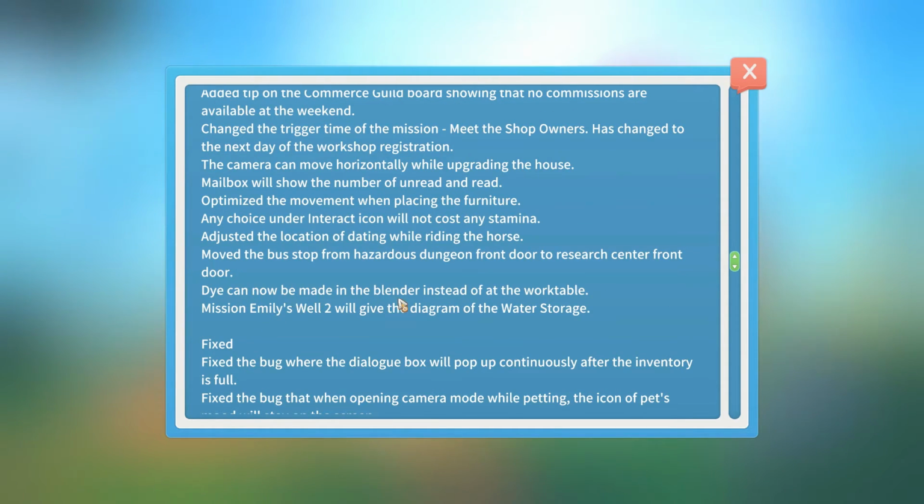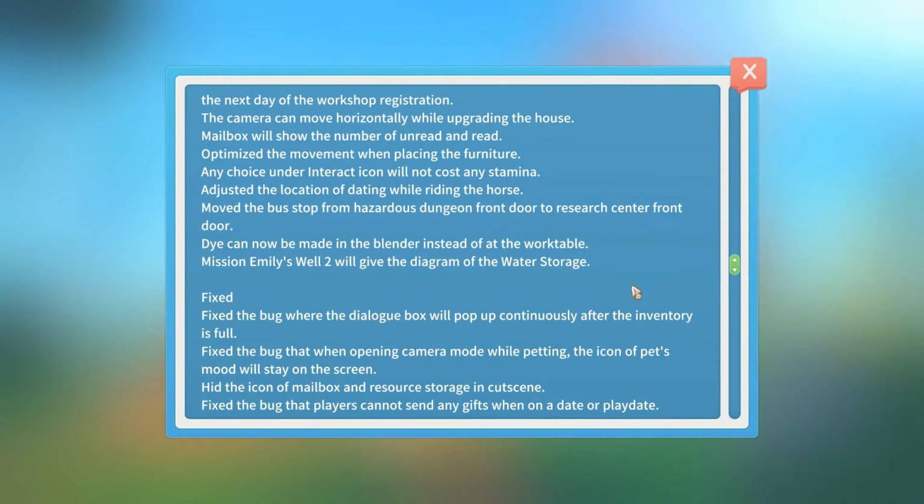Dye can now be made in the blender instead of at the work table. Mission Emily's Well 2 will give the diagram of the water storage, which I'm not really sure why they did that because I actually already got the plans for the water storage before I did Emily's Well 2 quest, so yeah, never mind. Right, I'm not going to go through all the bugs that they've fixed, but we're going to